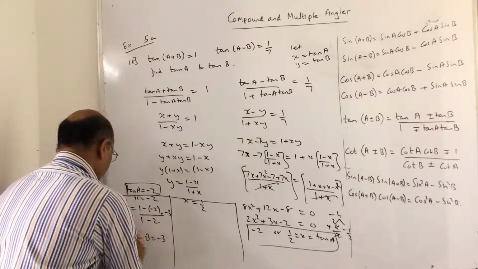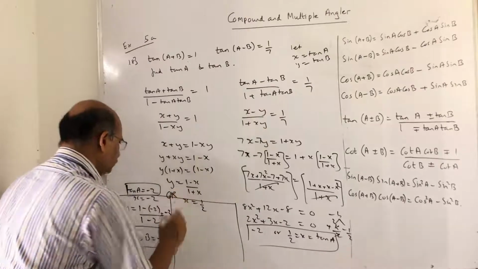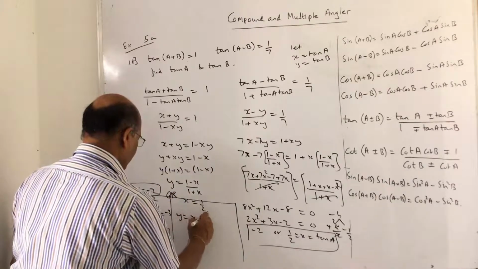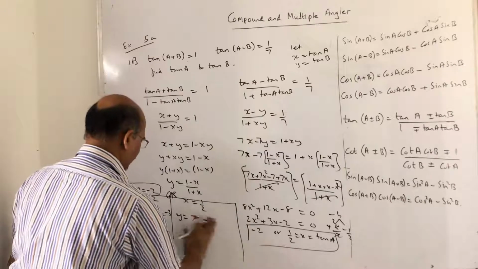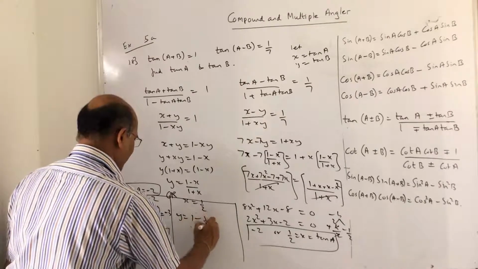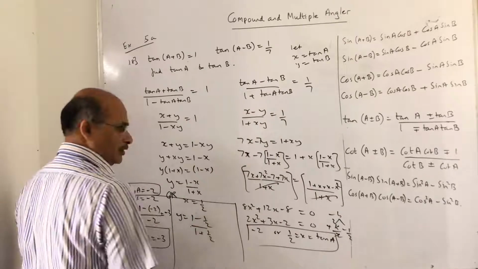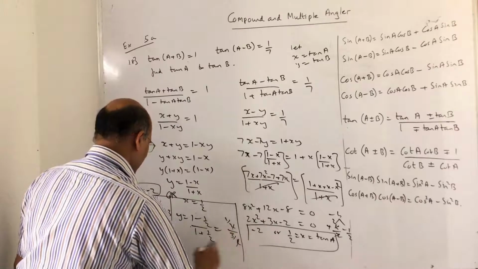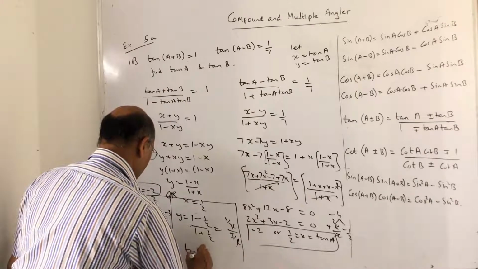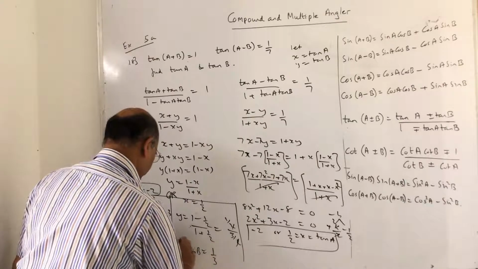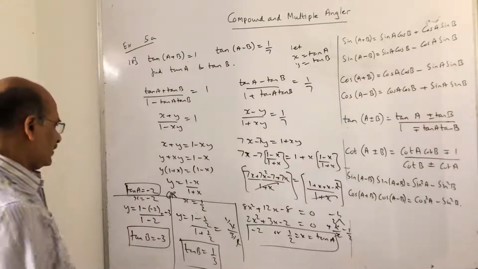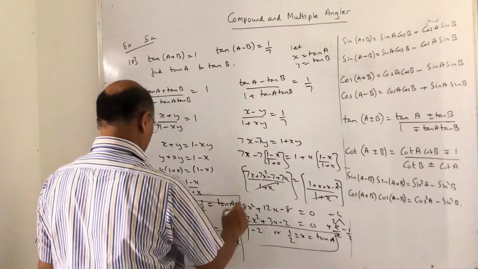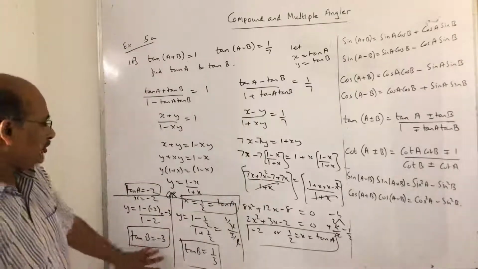So if tan A is minus 2, then after the second option x equals half. So y will be equal to x minus half, what I'm doing, 1 minus half upon 1 plus half. Now 1 minus half is nothing but 1 by 2 and this is nothing but 3 by 2. Cancel. So tan B is nothing but 1 by 3, and this is my tan A. So both the answers are coming up.